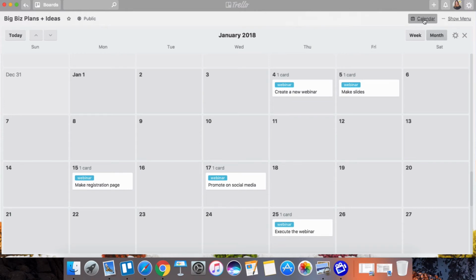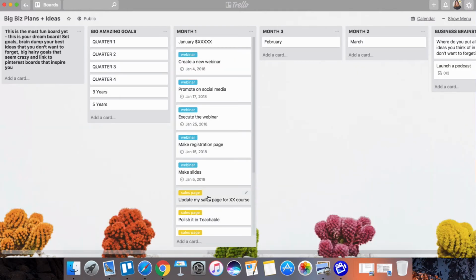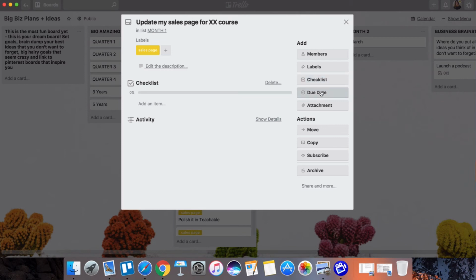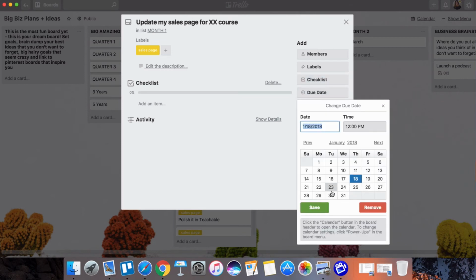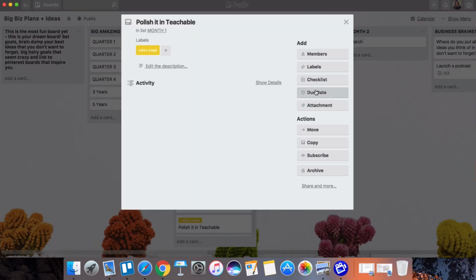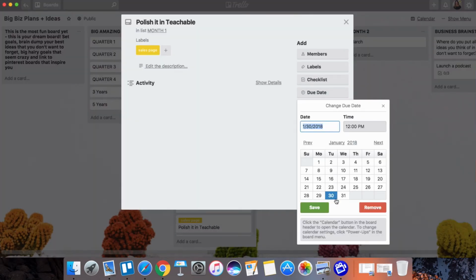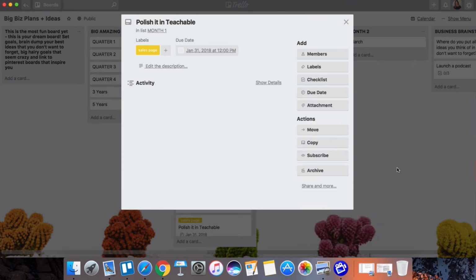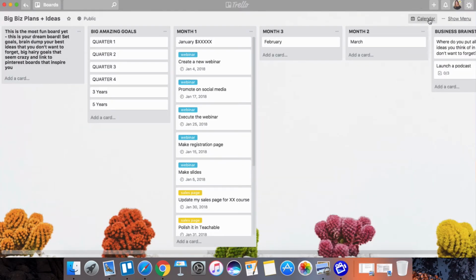Now to get out of this, click Calendar again. You're going to go back to this page. And now I can set a due date for when I want to have my sales page updated and when I want to polish it up in Teachable. So I guess I need to do that by the end of the month. Now when I go to calendar again,